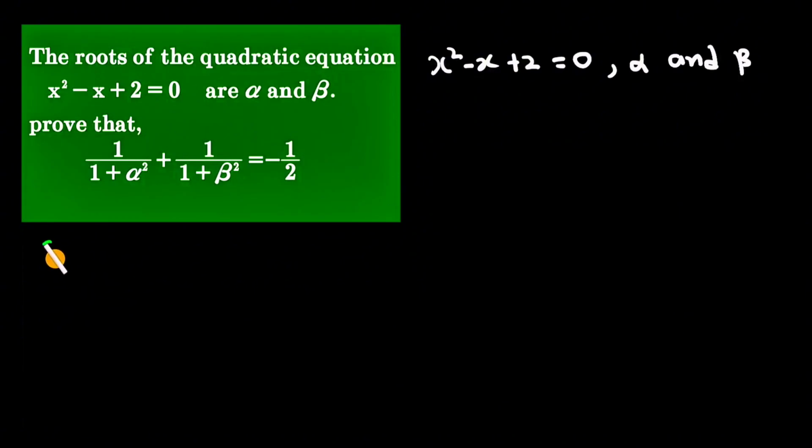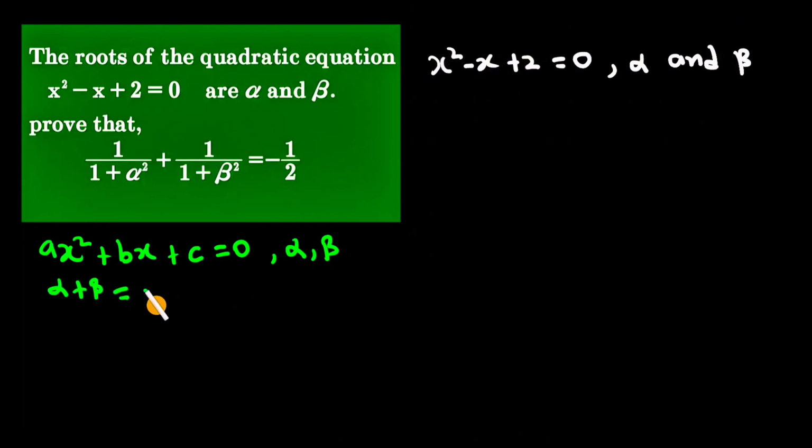Generally, if a quadratic equation is in the form ax squared plus bx plus c equals 0 and the roots are alpha and beta, then the sum of roots, alpha plus beta, is equal to negative b all over a, and the product of roots, alpha times beta, is equal to c all over a. B here is the coefficient of x, a here is the coefficient of x squared, and c here is the